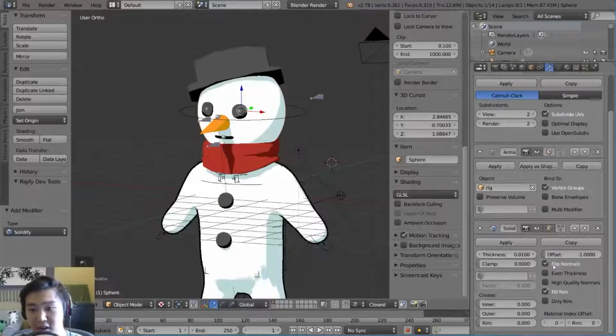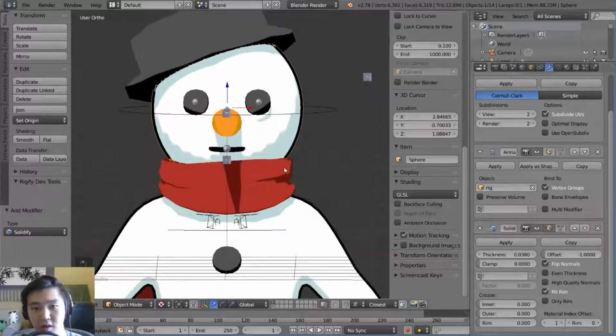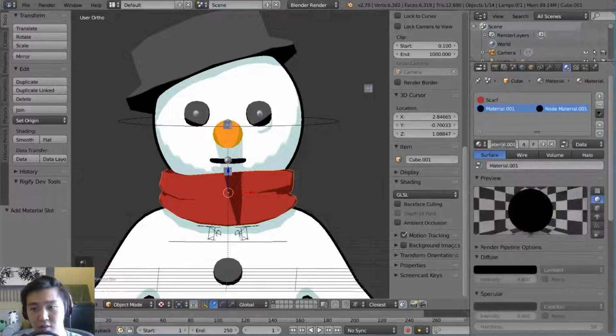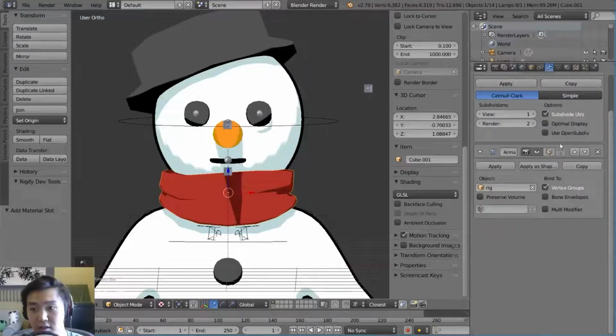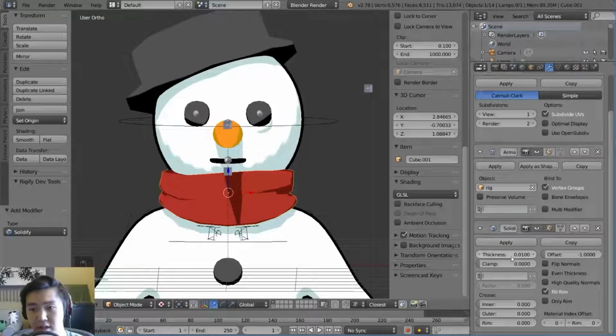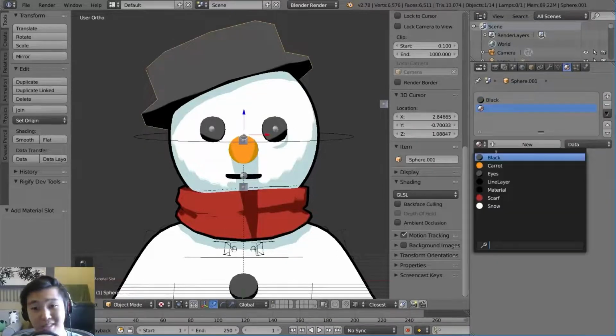I'm going to add this solidify, flip normals, index offset, and add a little bit more thickness to that. There we go. Yeah, it looks pretty good. Okay, cool. And then for this one, I'm just going to manually add it because I should. Let's rename this to line layer. That's what I usually call mine, my backface culling layer. So the line layer, I'm going to add another solidify modifier to that. Flip normals, material index offset, thickness. Alrighty, looking pretty good. Same thing here. And we're just going to keep doing this.